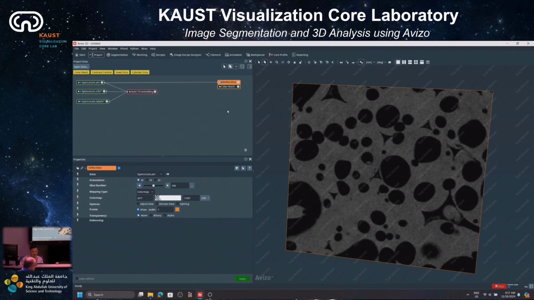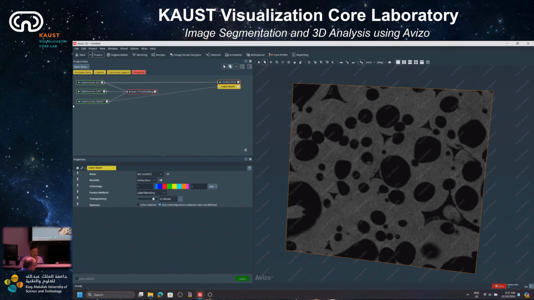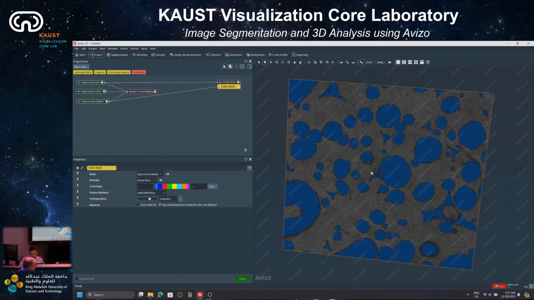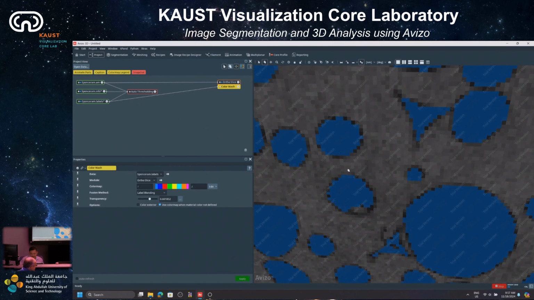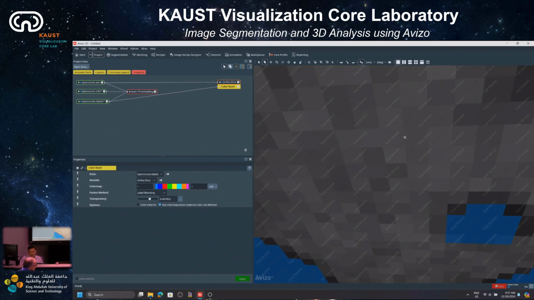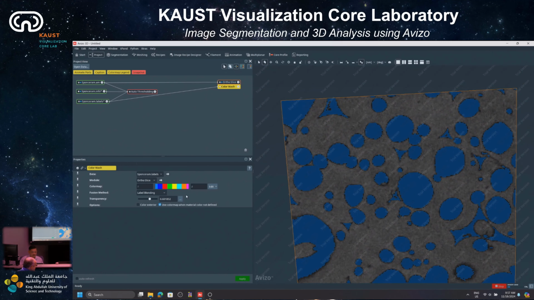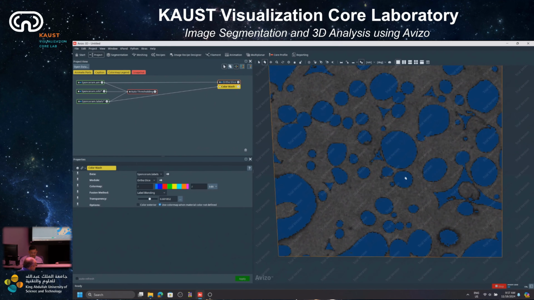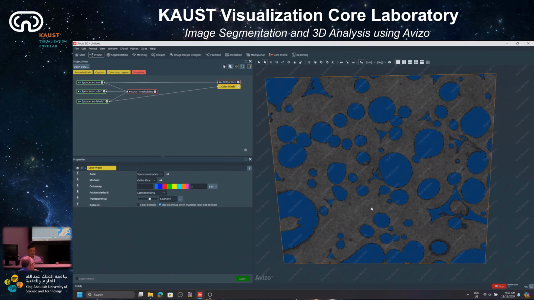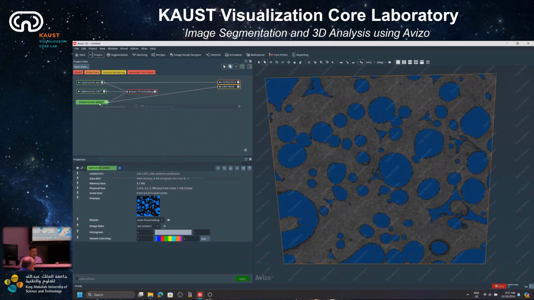So this is the original grayscale data, and when you overlay the label image, you can see how the segmentation is coming up, because you want to see sometimes whether it is precise. You can see that it is kind of approximate, because some regions are not covered, but anyway it's an approximation of the segmentation. And as you can see, there are some pores that are not connected to each other, so we're going to remove them because we want to see only the connected pores, the connectivity between the pores, the void space. So to do that, we need to right click